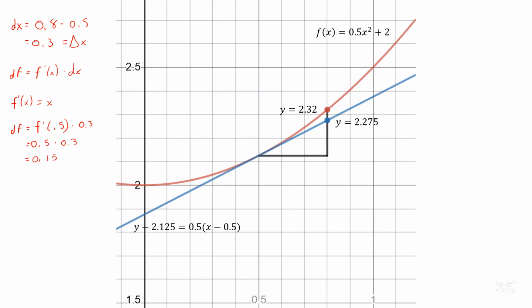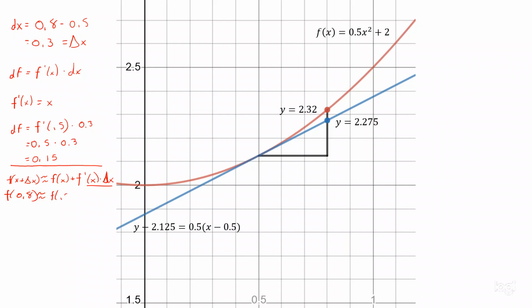Now, when we use differentials to approximate a function, we know that f at x plus delta x is approximately equal to f at x plus f prime of x times dx, which is just our differential. So that's our differential. So f at 0.8 is approximately equal to f